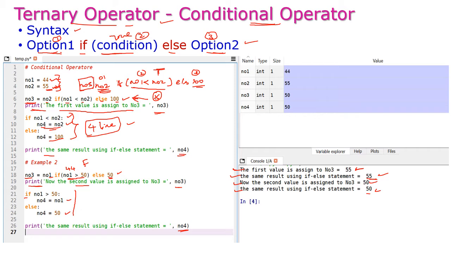In the variable explorer also we can see the current value of all the variables. n1 is having 44, n2 is 55, n3 is 50, the last value assigned, and n4 is also having the value 50. So this is the conditional operator or ternary operator. Ternary means the operator is going to perform on 3 different operands.